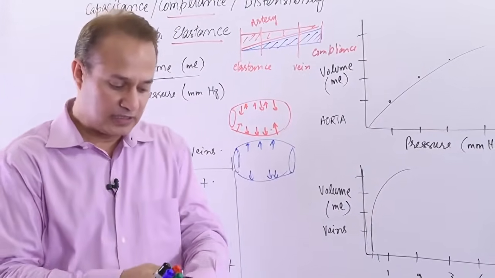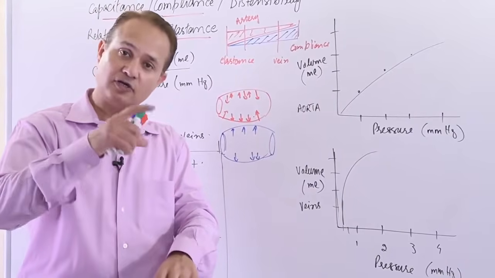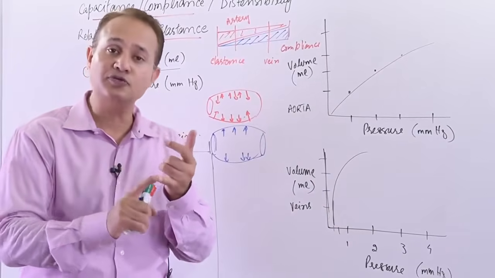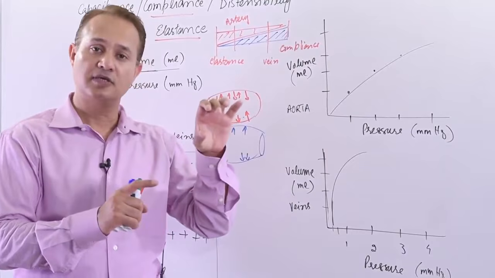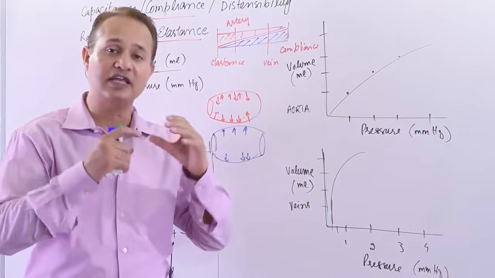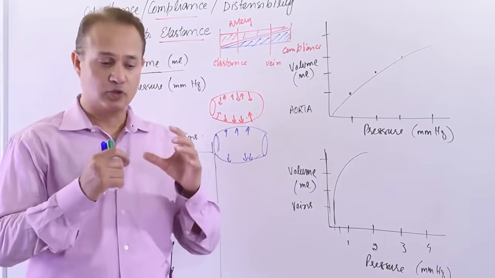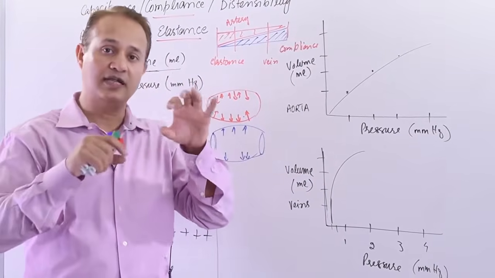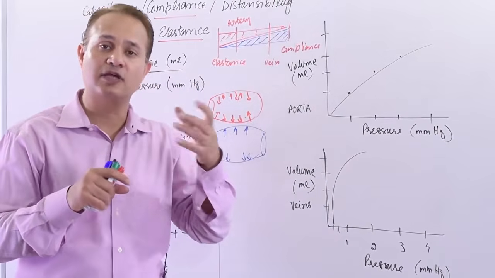Imagine this was a rubber tube. If I stretch it, it would automatically go back. That is called elastance. Elastance is produced by elastic fibers present in the vascular walls. Most important and most elastic is the aorta. Aorta has 50 layers of elastin fibers in its tunica media. So when you press it, it would recoil, it would go back. That is called elastance. Opposite to the elastance is the compliance or capacitance.